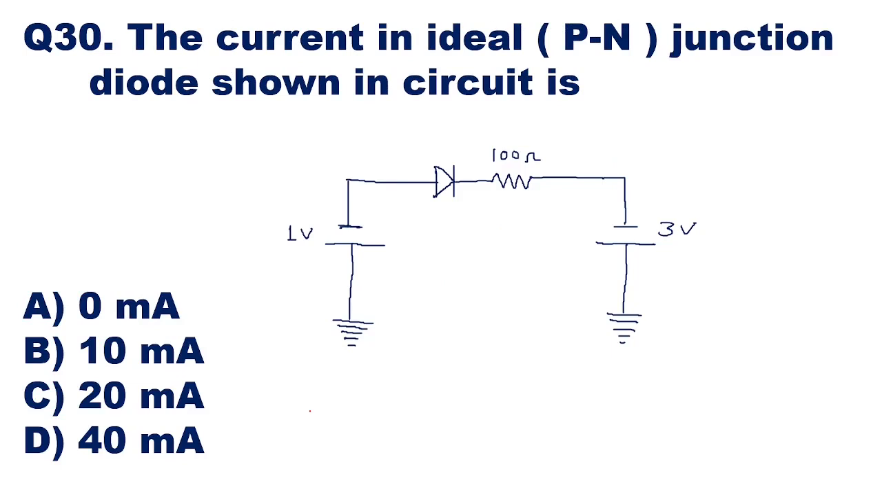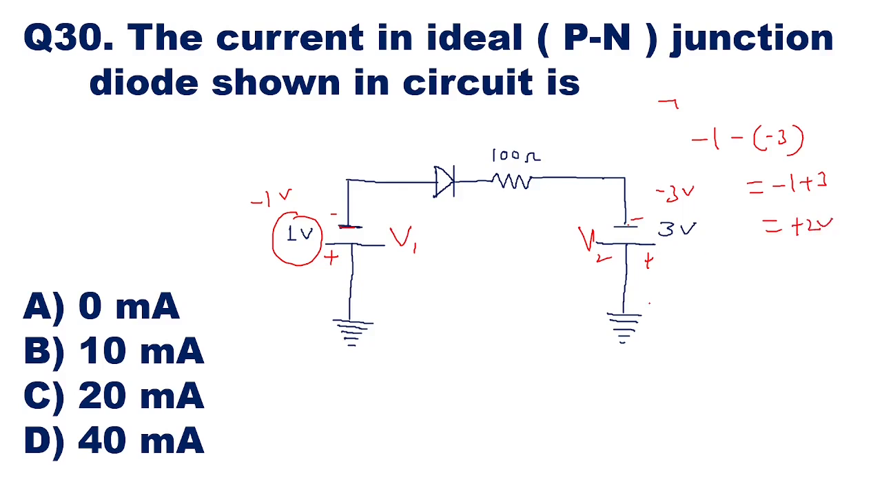The current in the ideal PN junction diode shown in the circuit is how much? Now this circuit has voltage source V1 and voltage source V2. The voltage between the two points is given as V1 minus V2. Here this is negative, this is positive, so this is taken as minus 1 volt, and here also this is negative and this is positive, so this is taken as minus 3 volt. So the potential difference is minus 1 minus of minus 3, that is equal to minus 1 plus 3, that is equal to plus 2